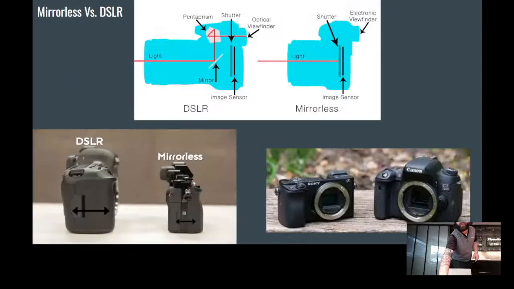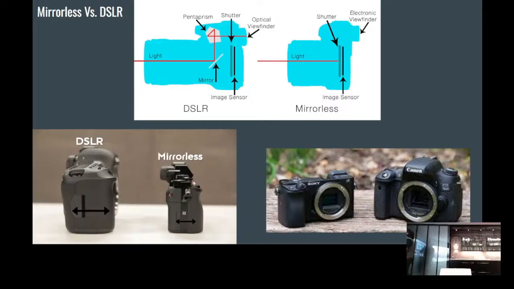What makes those different? Well, a DSLR is a digital single lens reflex. Light comes into the camera. There's a mirror on the inside. That mirror then comes up to show you your image through the optical viewfinder. But similar to film cameras, the mirror would kick up on the camera, would then burn the image into the film, mirror comes back down, shutter closes, and then you're ready for your next photo once you pull the